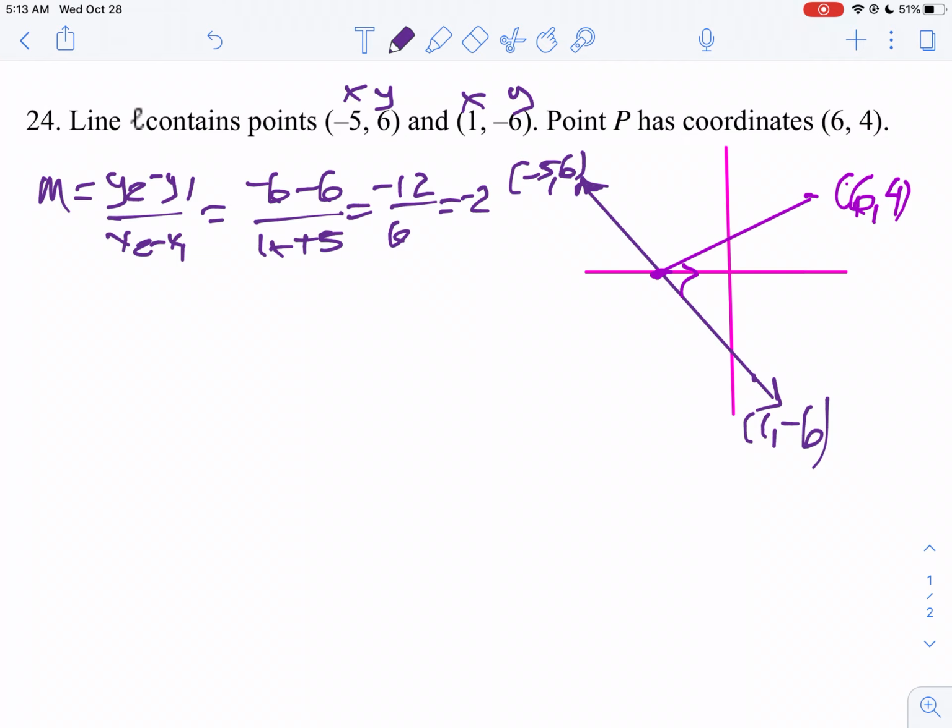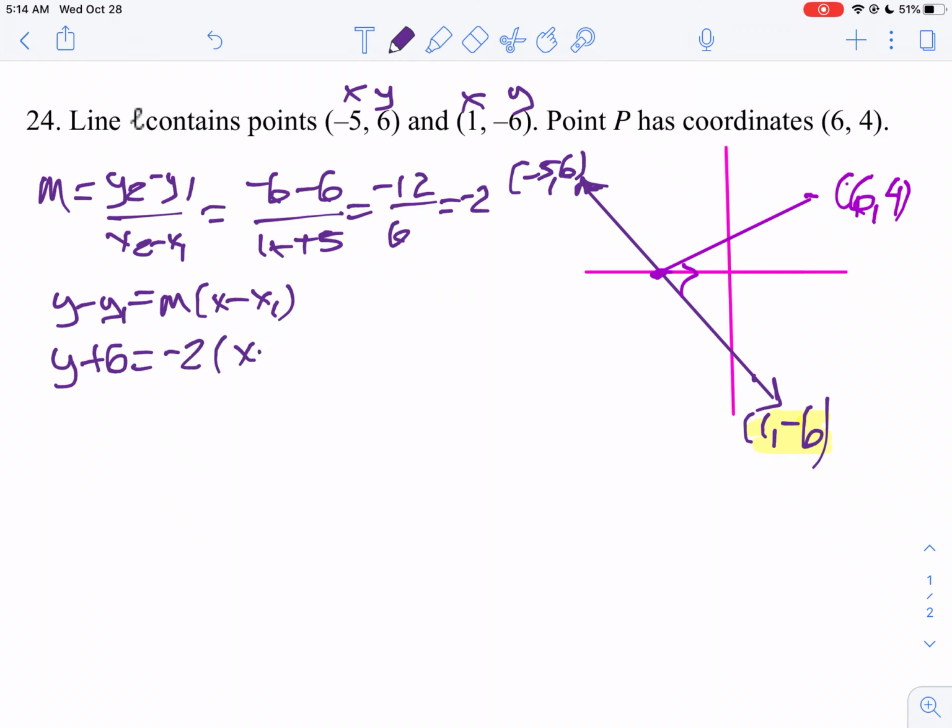Now let's write the equation of this line. So I have 2 points. I'm going to pick 1 point. So I'm going to say y minus y1 equals m times x minus x1. I'm going to use 1, -6. I could have used -5, 6, but I'm going to use 1, -6. So I'm going to say y minus a -6, which is the same thing as y plus 6, equals -2